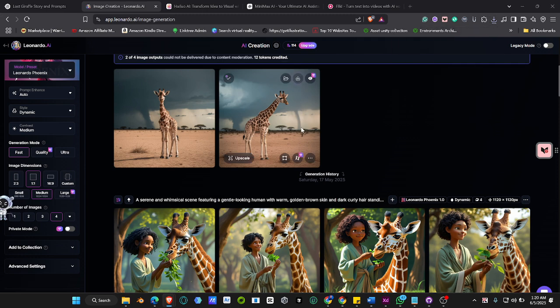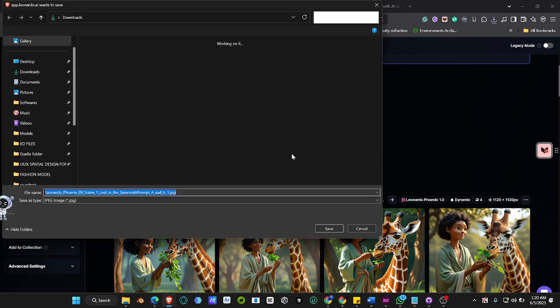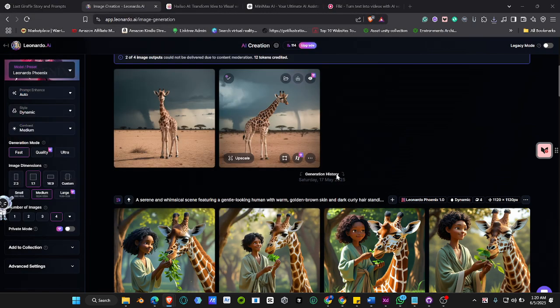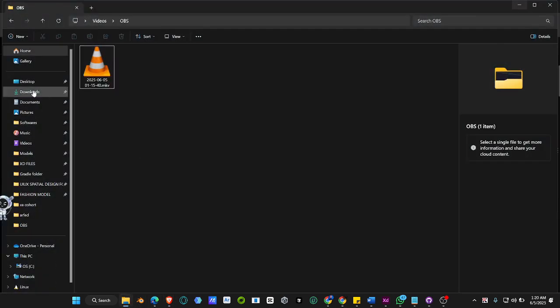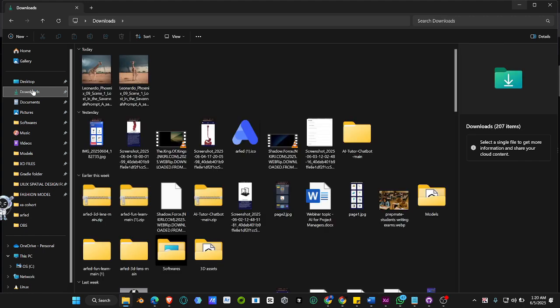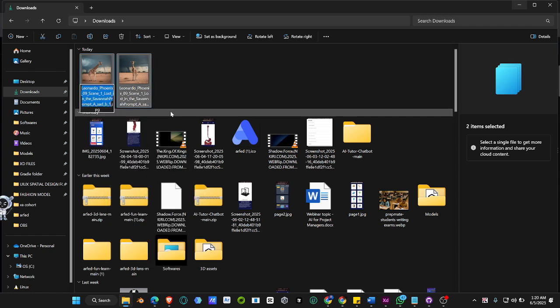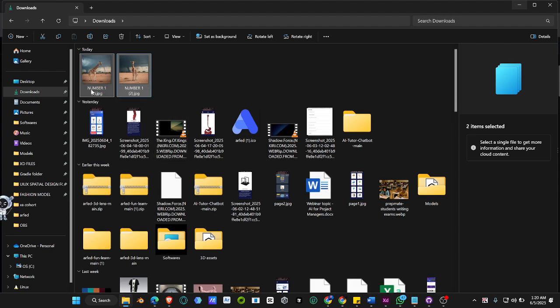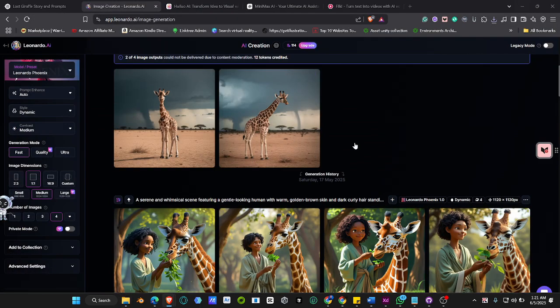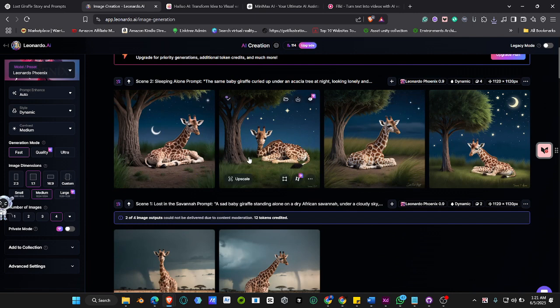We are going to be naming it, because we are going to also stitch them together. So let's go back to our folder, and we are going to name the images number 1. These images, we are going to name it number 1. Right, so we are naming it number 1 so that we can know which is the first image. Then this is the second one.